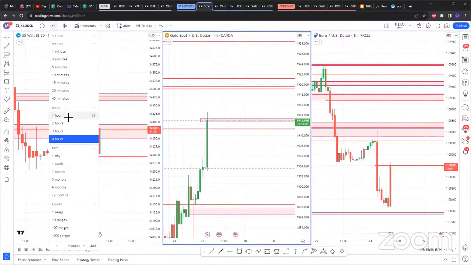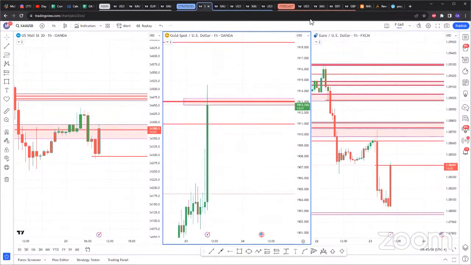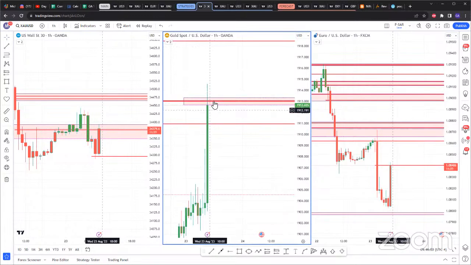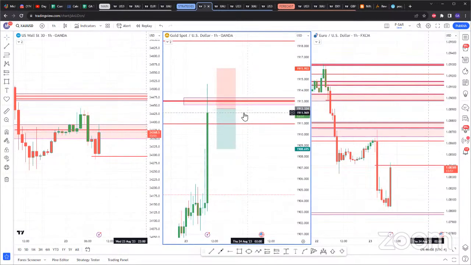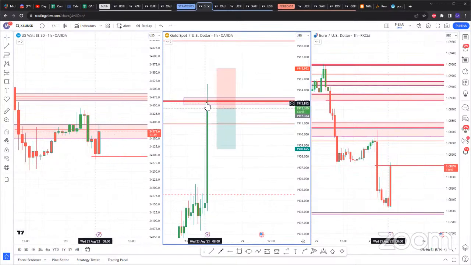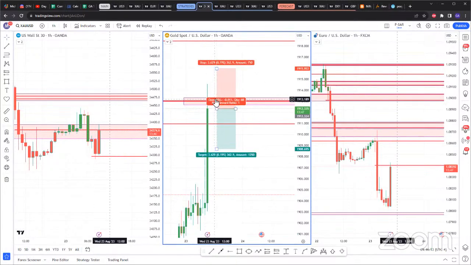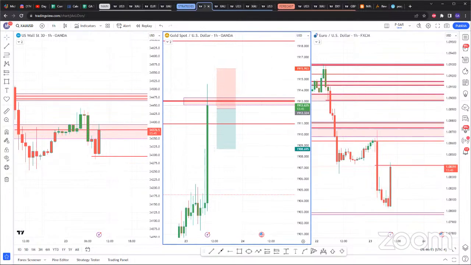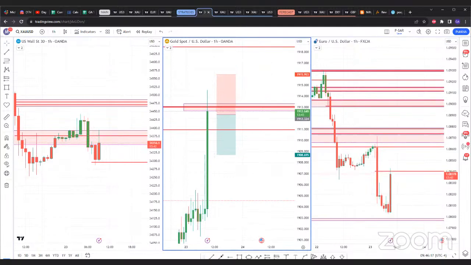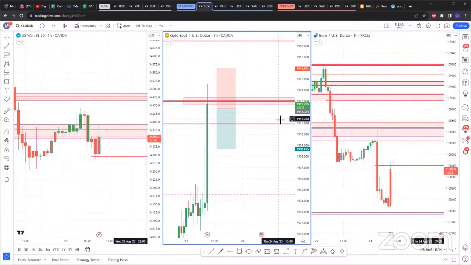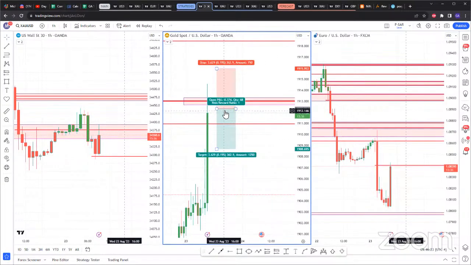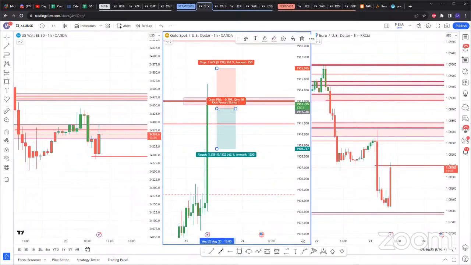There can be an entry on the hourly time frame, but for me to have this entry on the hourly time frame, I would need this hourly candle to close below where price currently is. That's number one. And then I would need the next hourly candle to retest this zone and close below. That would be 12 p.m. So ideally about 1 hour, 15 minutes from now, that's when I would get the entry for the sell on gold.